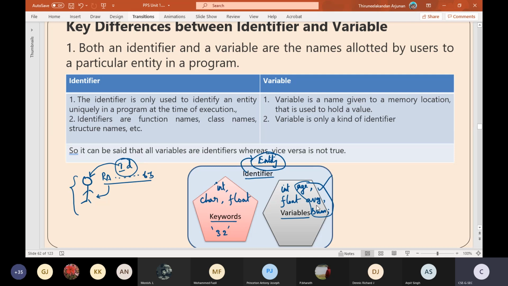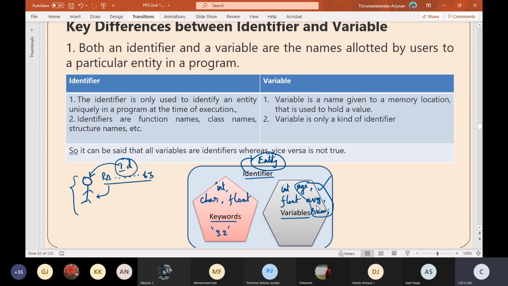Sir, what else will come in the identifier? So in addition to keywords and variables, something else is also present, and those are also called identifiers.